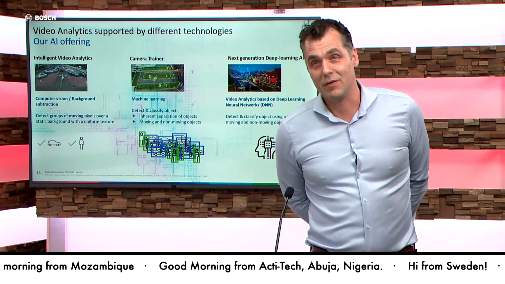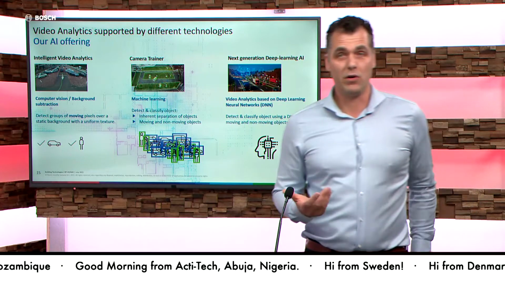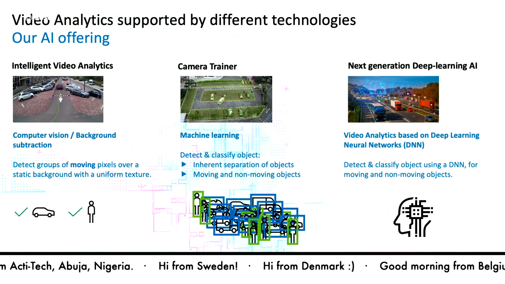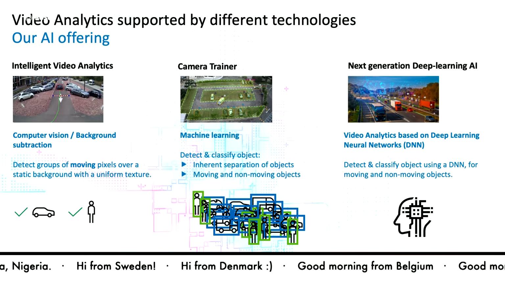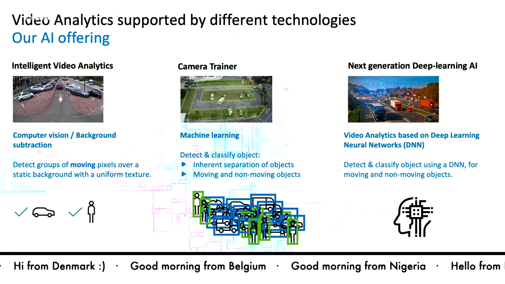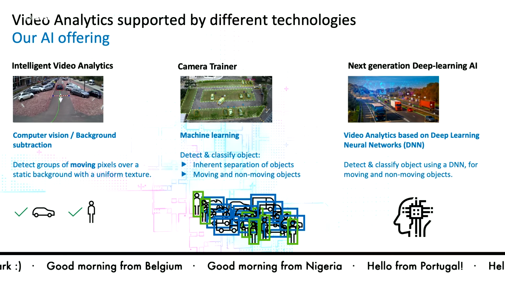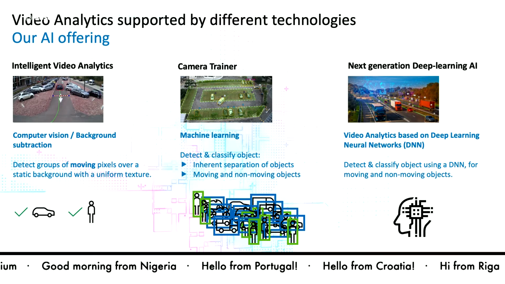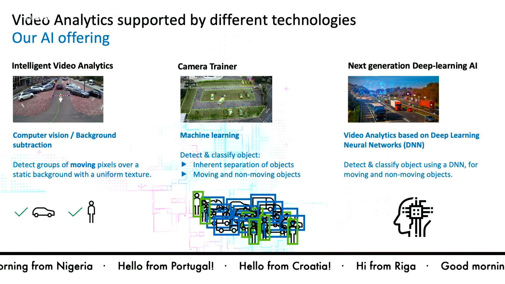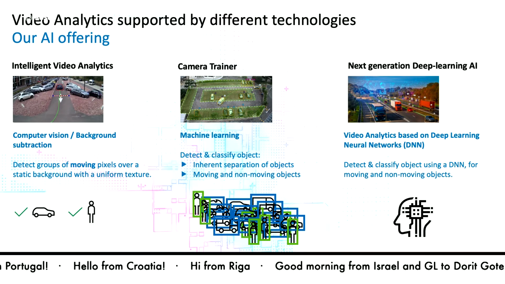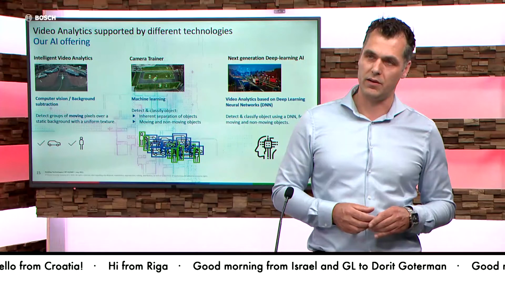Yeah. Basically, we have all these kinds of capabilities in our offering. Our offering starts with AI, with intelligent video analytics. Intelligent video analytics is very, very good at perimeters. That's the algorithm we have had the longest in our portfolio. What it can do in a very unique and good way is detect groups of moving pixels. And that is super crucial and also very useful still in perimeter applications.